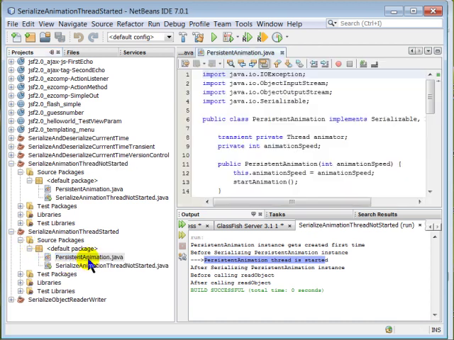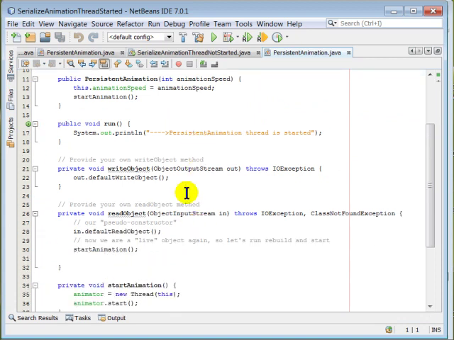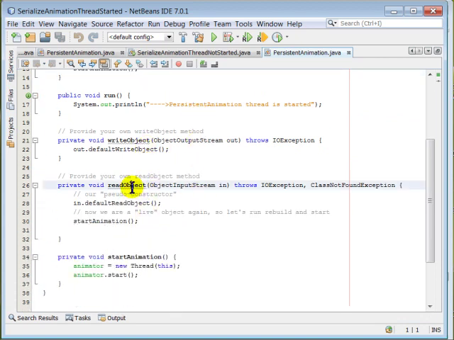In our persistent animation class, we provide the read object method and write object method. The write object method is not doing anything special. It's basically calling the object output stream's default write object method. However, when we read object, meaning deserialize it, we are starting our own animation. Okay, right? So when we are running this code,